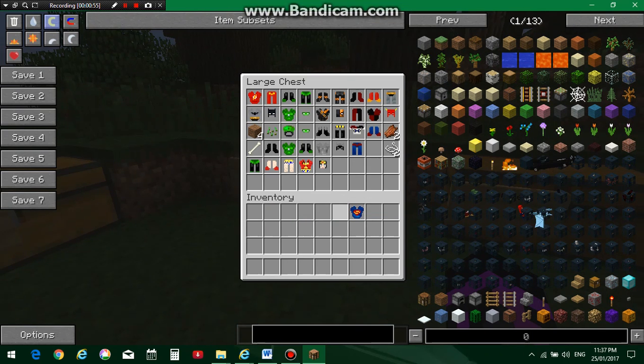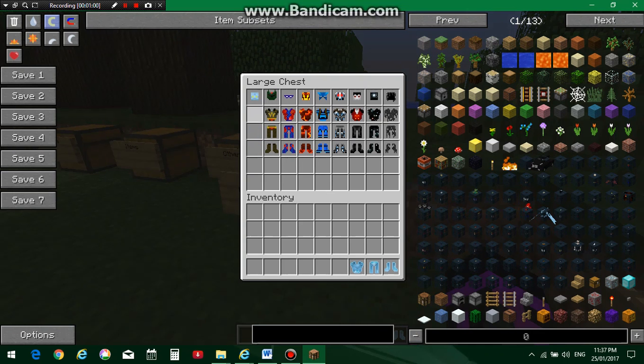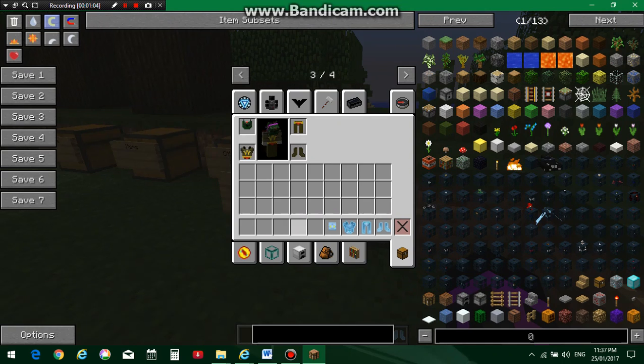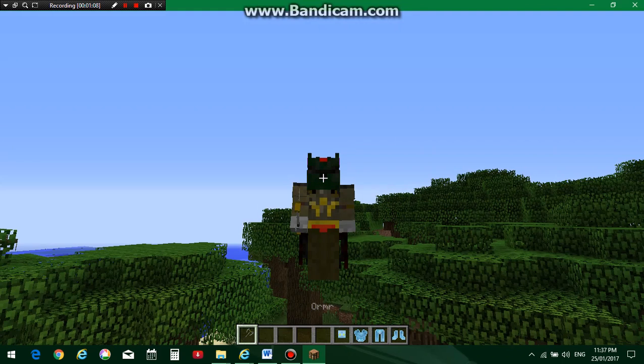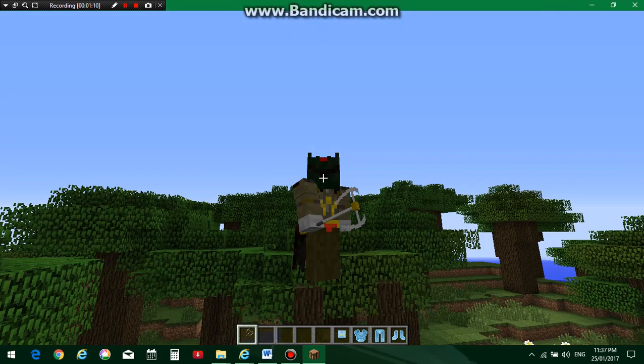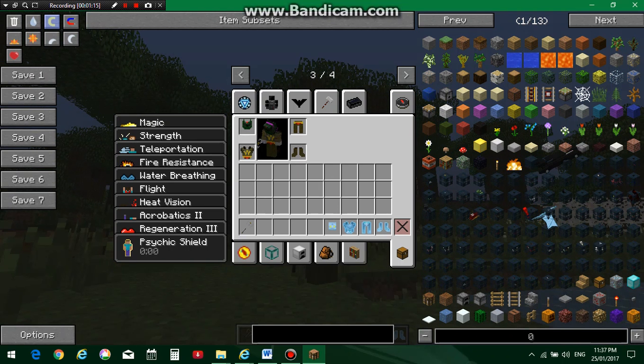Now, the next chest to go is the Taio Universe. Now there are Glacier and Berserker. Now Berserker, I have no idea who the hell these are. So I think Berserker is sort of like an Iron Man, but he has to fly with his axe. So he's more like a Thor. So he gets magic, strength, teleportation, fire resistance, water breathing, flight, heat vision, acrobatics, regeneration, and